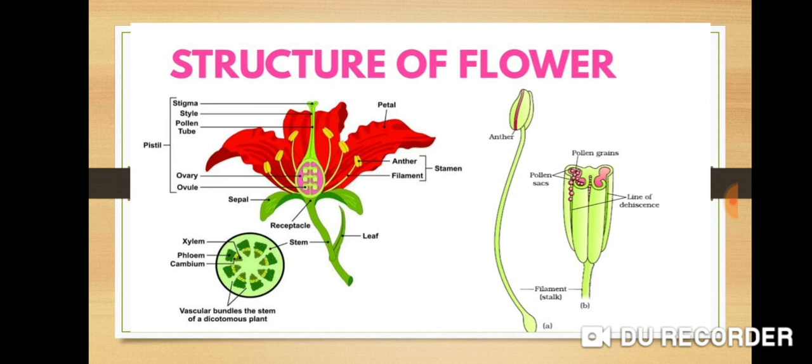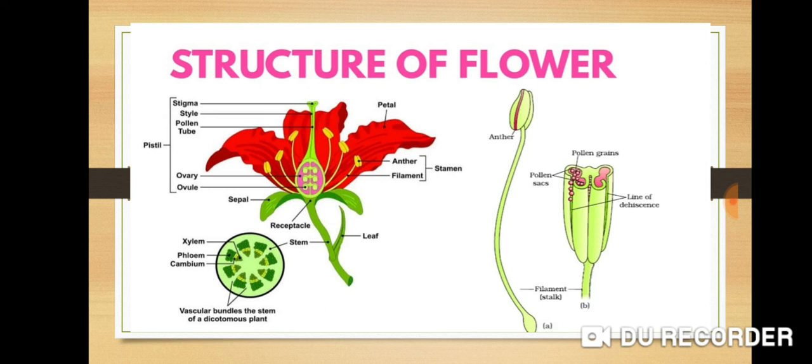All these floral parts are arranged on the short floral axis. The flower with all these whorled organs is said to be a complete flower. If any one of the whorls is missing, then the flower is said to be an incomplete flower. The flower parts are divided into two types, namely essential whorls and non-essential whorls or accessory parts. Essential whorls are basically two kinds: one is androecium and the other one is gynoecium. Accessory whorls are two: calyx and corolla.